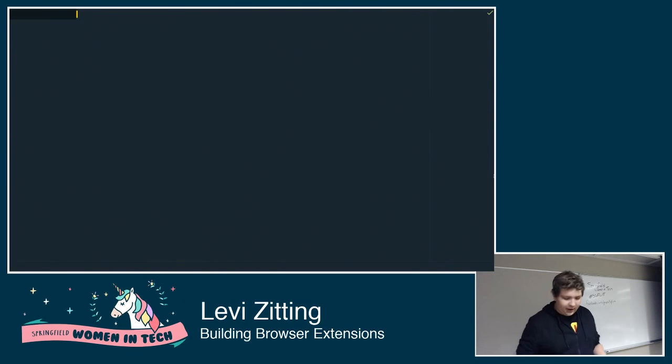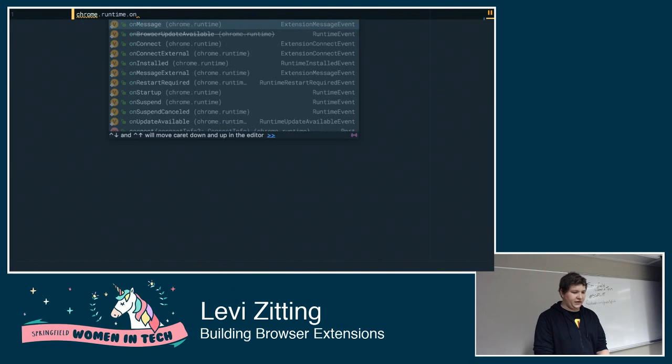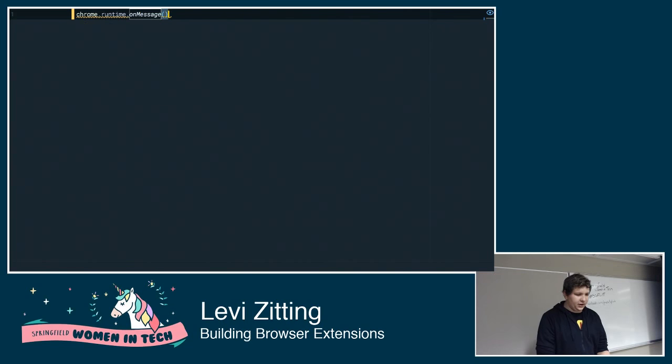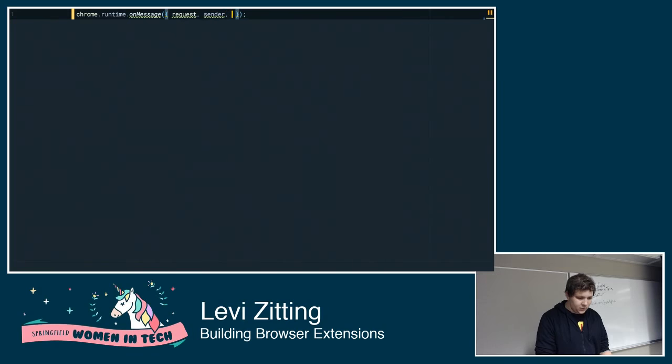So we'll start by saying chrome. In this case, we're making a Chrome extension, so most of the APIs are available under this Chrome namespace. So I'll say chrome.runtime.onMessage. And onMessage gives us back an object with a few special properties, and I'm just going to grab those special properties off of that object right away. So we have a request property, a sender property, and